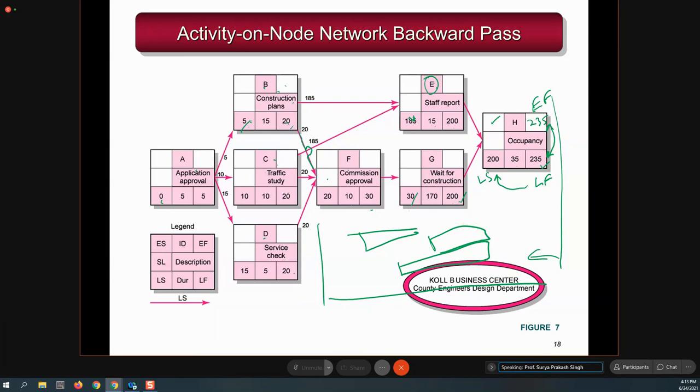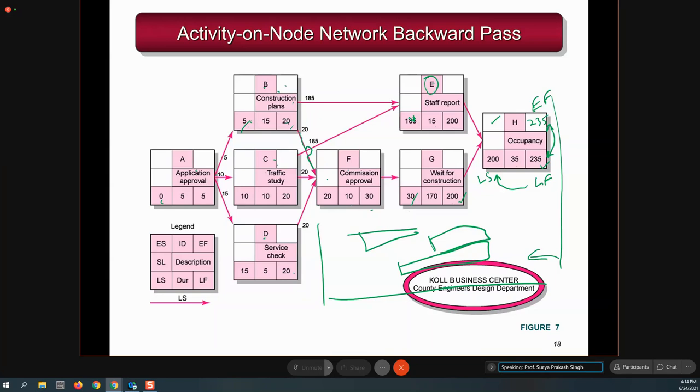Okay, sir. Next question they have asked is, what is supercritical float? There is no such term as supercritical float. There is a float, there is total float, free float. Total float means total slack available for the entire project. And float means the slack available in a given activity. Supercritical is nothing, though the total float might be taken as a supercritical float.